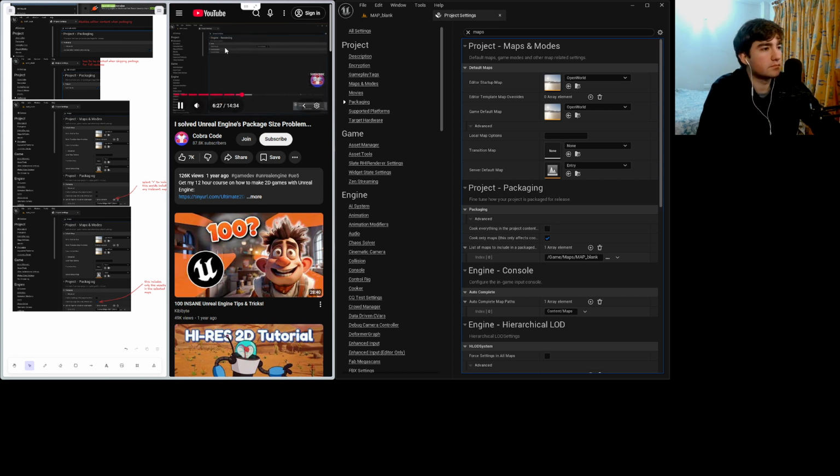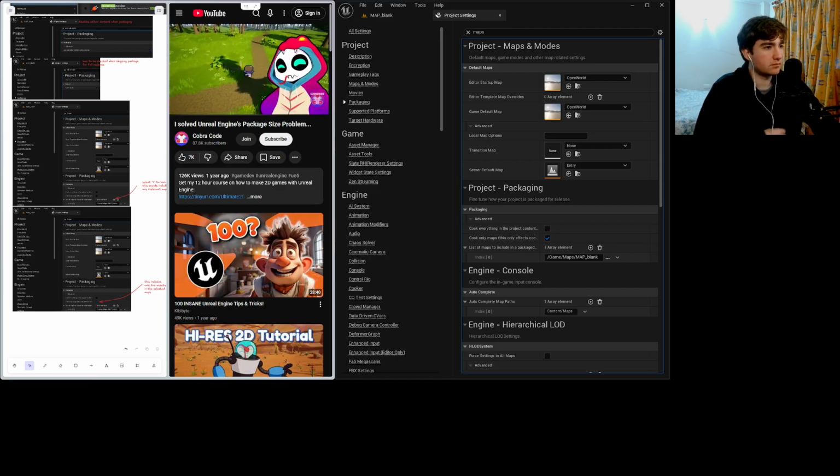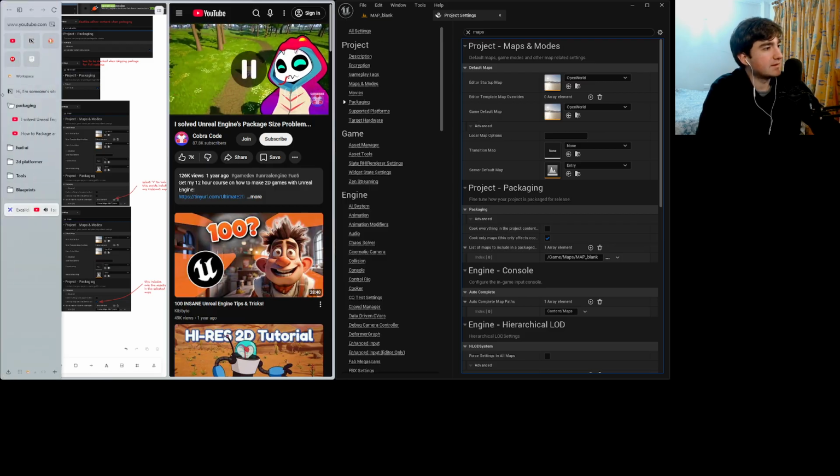Turn it on and restart the engine. When packaging the game now, it is 211 megabytes large, which is 11 megabytes smaller than the last build. All of the methods I've shown you so far are more or less risk-free, and I believe most projects could benefit from applying them to easily cut down about 100 megabytes of package size. We can still